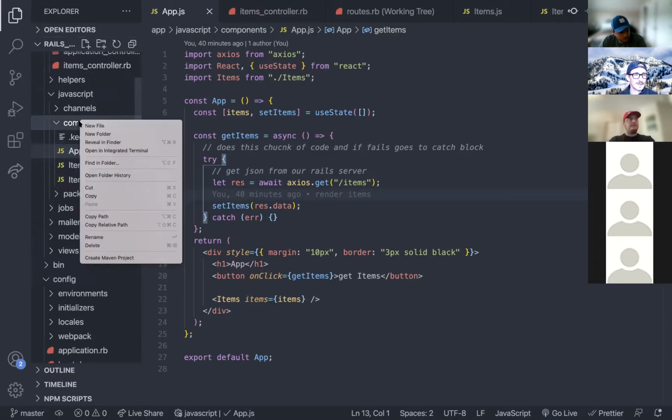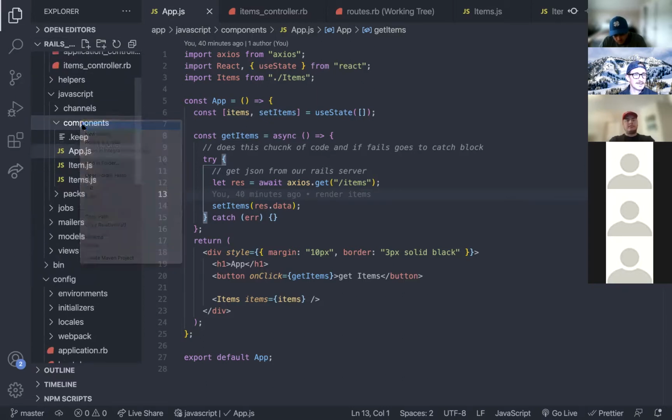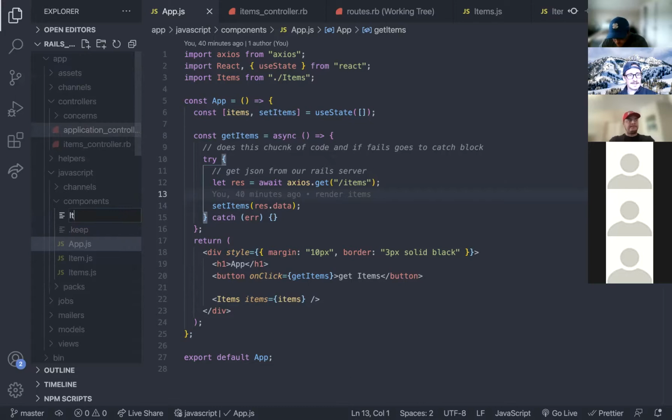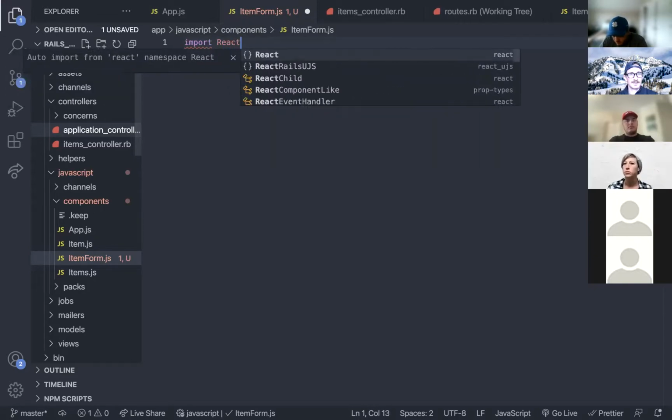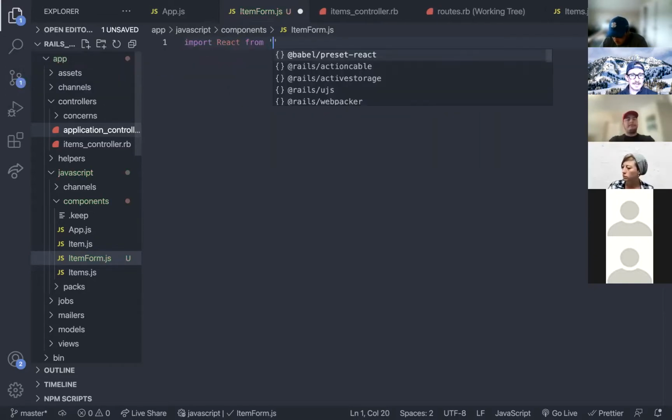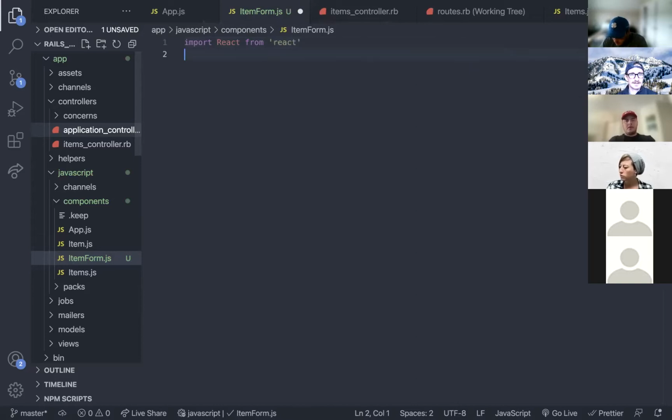In our components, we are going to do an item form.js. We're just going to send this along with the app. So let's go ahead and just get this set up really quickly, and then make sure we can